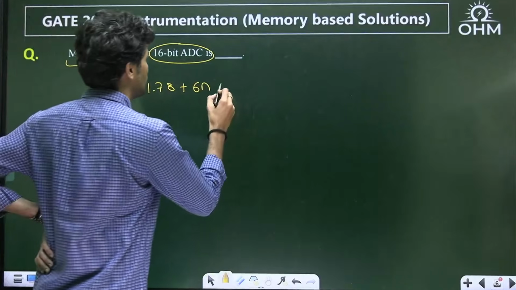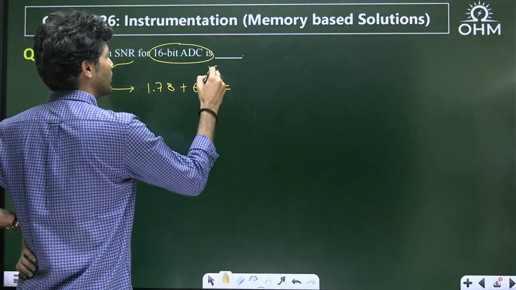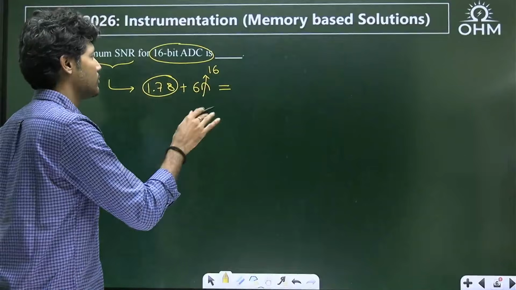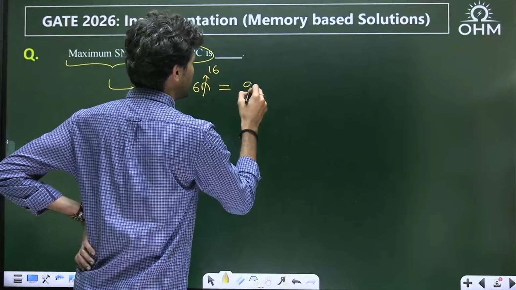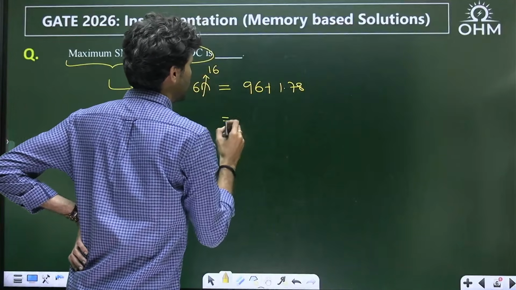Here n is equal to 16. You can take it as 1.8 just for ease of calculation. 16 times 6 is 96, plus 1.78,